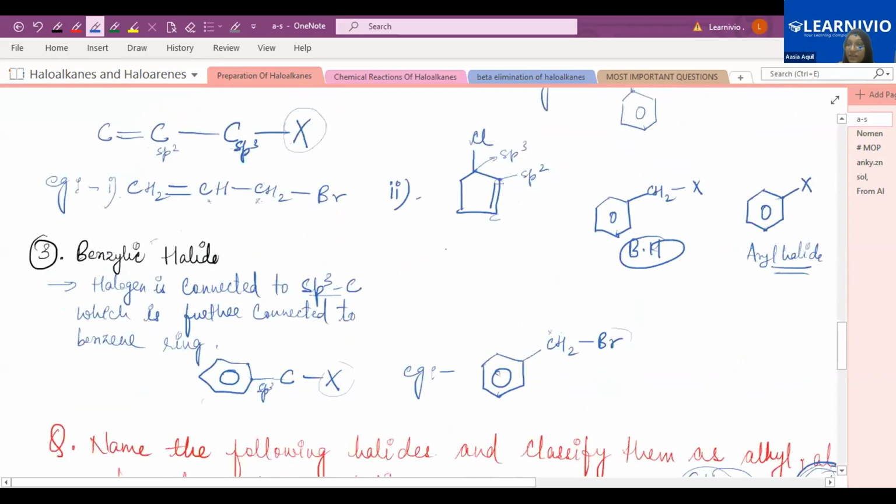So benzyl halide is wrong, because in benzyl halide, the halogen group is first attached to the sp3 hybridized carbon, and then this sp3 hybridized carbon is attached to the benzene ring, right? So this is a benzylic type, right? So the correct option will be